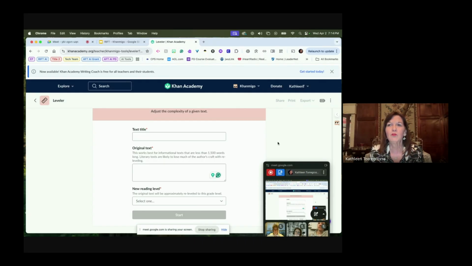Because here's the deal. They're now all going to read the same text, the same basic information, but at a level of readability that is unique to them. So you can do your middle, low, and high students. You're pulling from the same text, so it's going to be the basic information. Now they can talk to each other because they've read the same information, but at their own level. So the leveler is just really powerful.